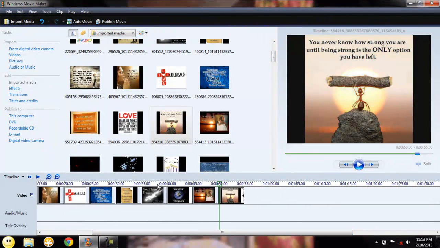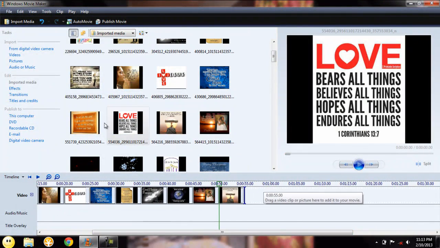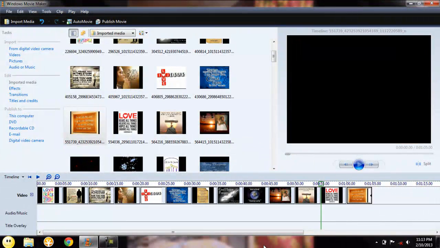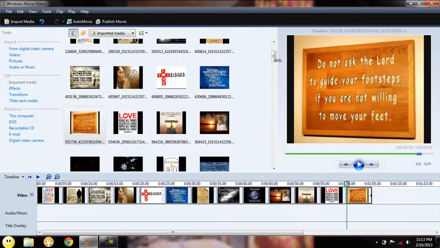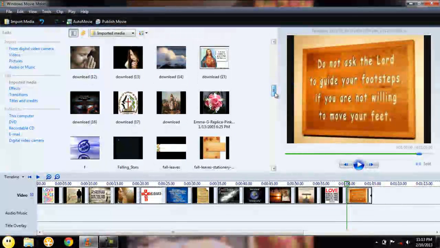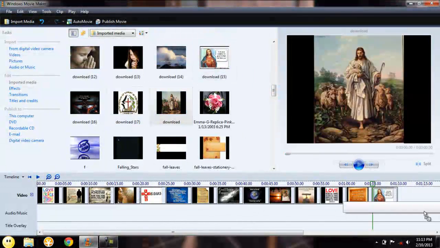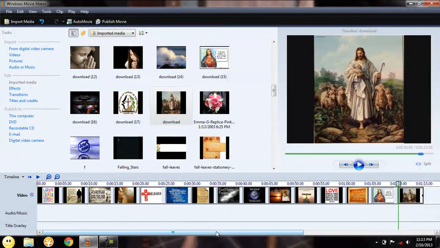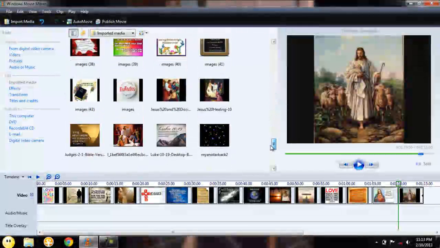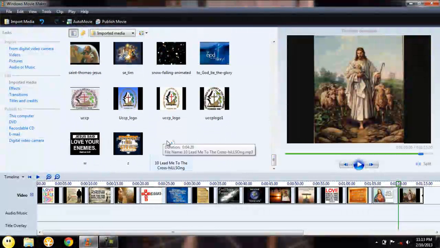You can also import other images if you want. After selecting your images, you can now add your desired music.